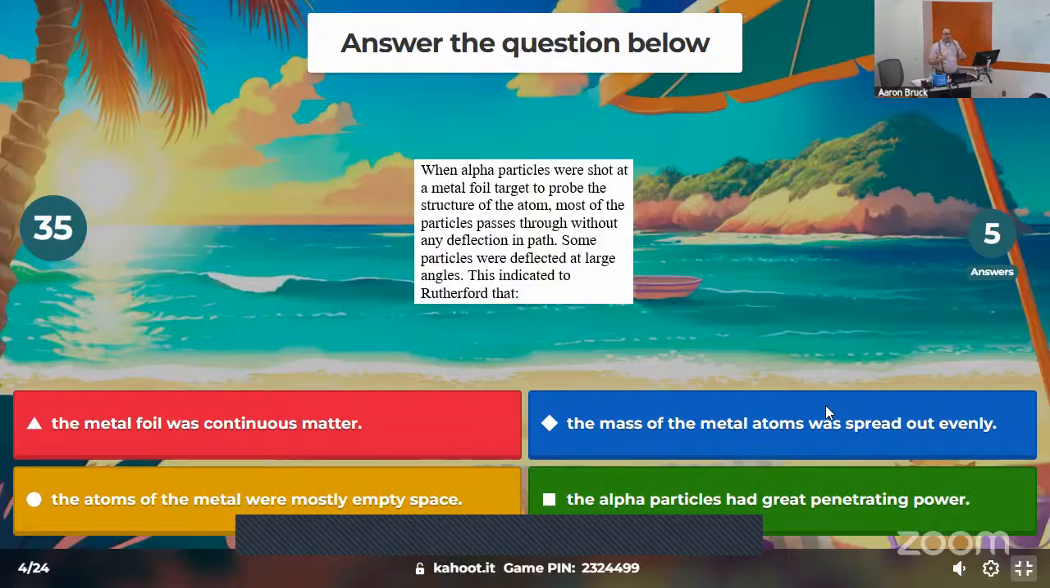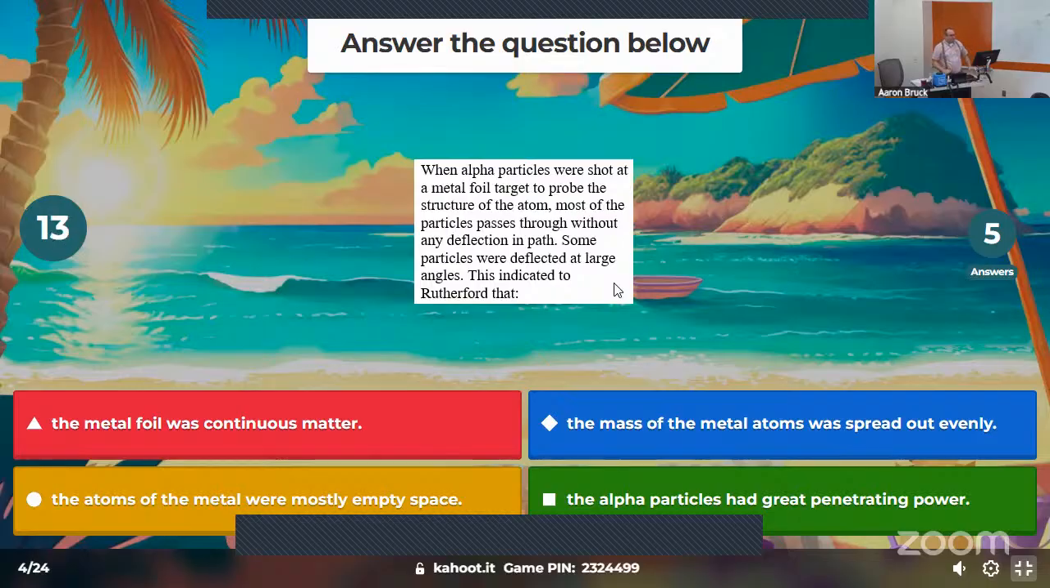As far as radiation goes, alpha particles are basically helium nuclei. So we're shooting helium atoms at this piece of gold, and the majority of them are going straight through the gold. But some are hitting the gold and getting deflected at these large angles. So of these,